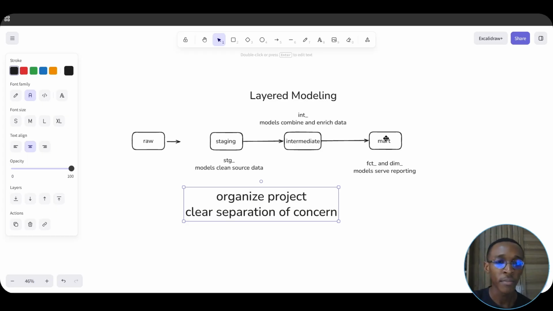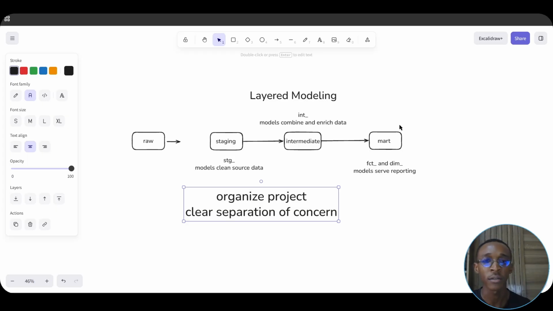And then we have the marts layer, which is the user facing layer. This is the layer that the end users will come into and pick their data from and go and make use of. Now this is very similar to the medallion architecture, which is literally just the bronze, silver, and gold layer. It's the same thing, just a different name, right? But in DBT projects, we tend to use staging, intermediate, and marts. And it doesn't really matter what you name it, as far as you understand the general principle behind the structure